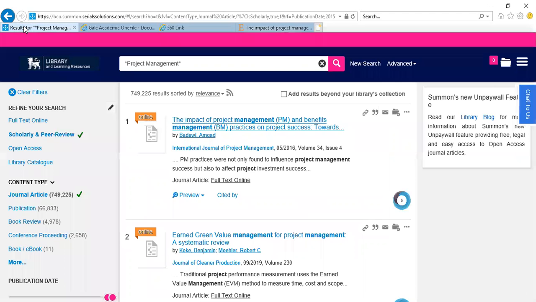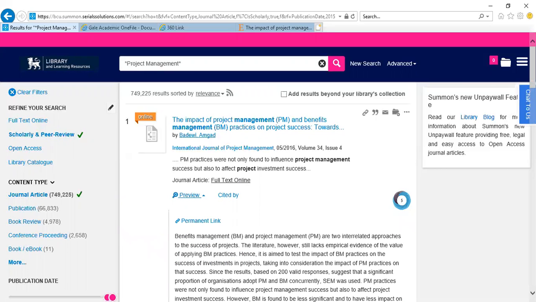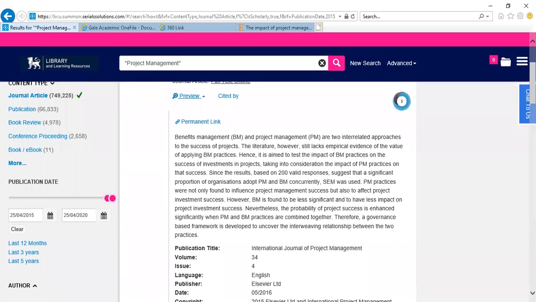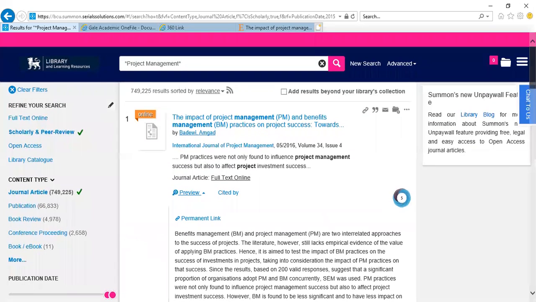In order to see whether this article is useful and valuable for your assignment context and research, what I would recommend that you do is that you look at the preview and go through what is written here to see whether it is exactly what you're looking for. It is very rare that on the first article itself, you will be able to find the material that you need to look for and that is relevant to you.